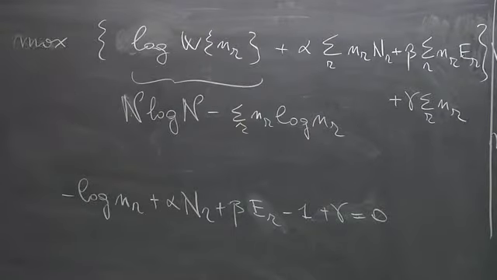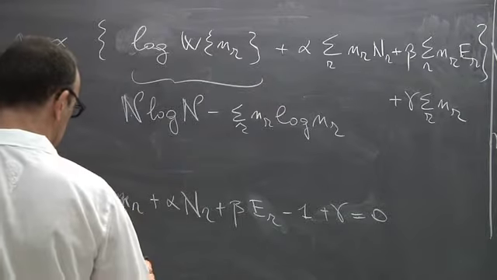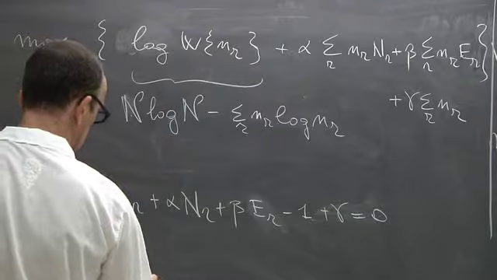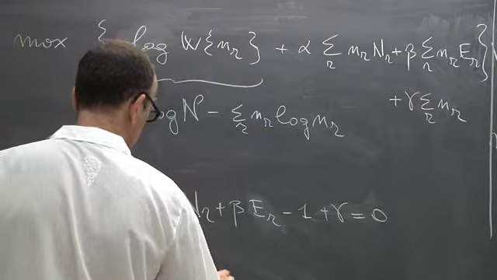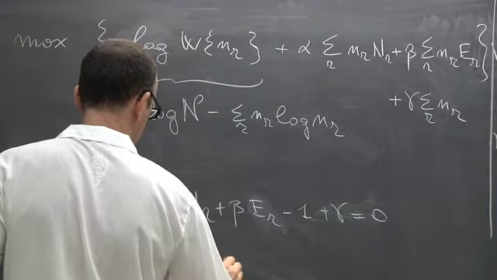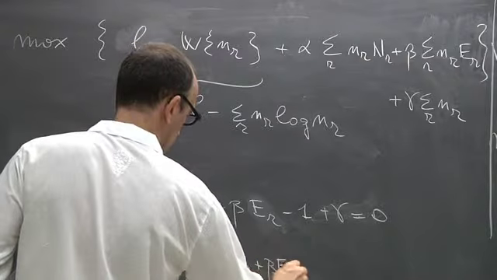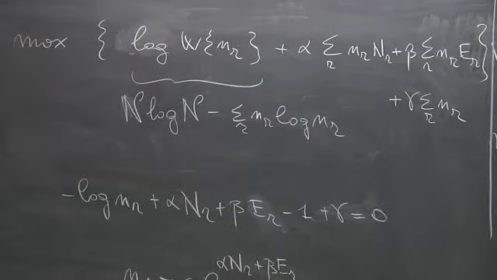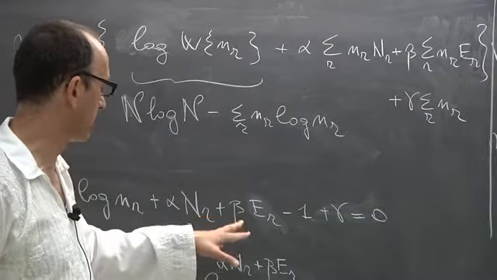This will be equal to 0. Then you see that the solution to this will be that n_r is equal to a constant times e to the alpha n_r plus beta E_r. Okay? And now you have to fix these parameters alpha and beta in such a way as to satisfy the two